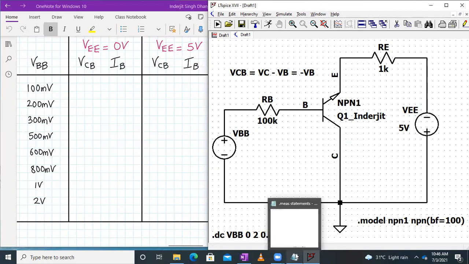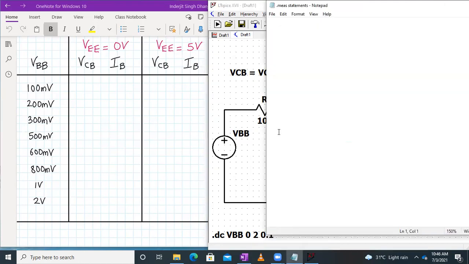How to use that .measure statement? We will see that now. In this window, we will write .measure, define DC, and then we are finding the value of IB, so I'm writing IB1 as the label. Then we write find.